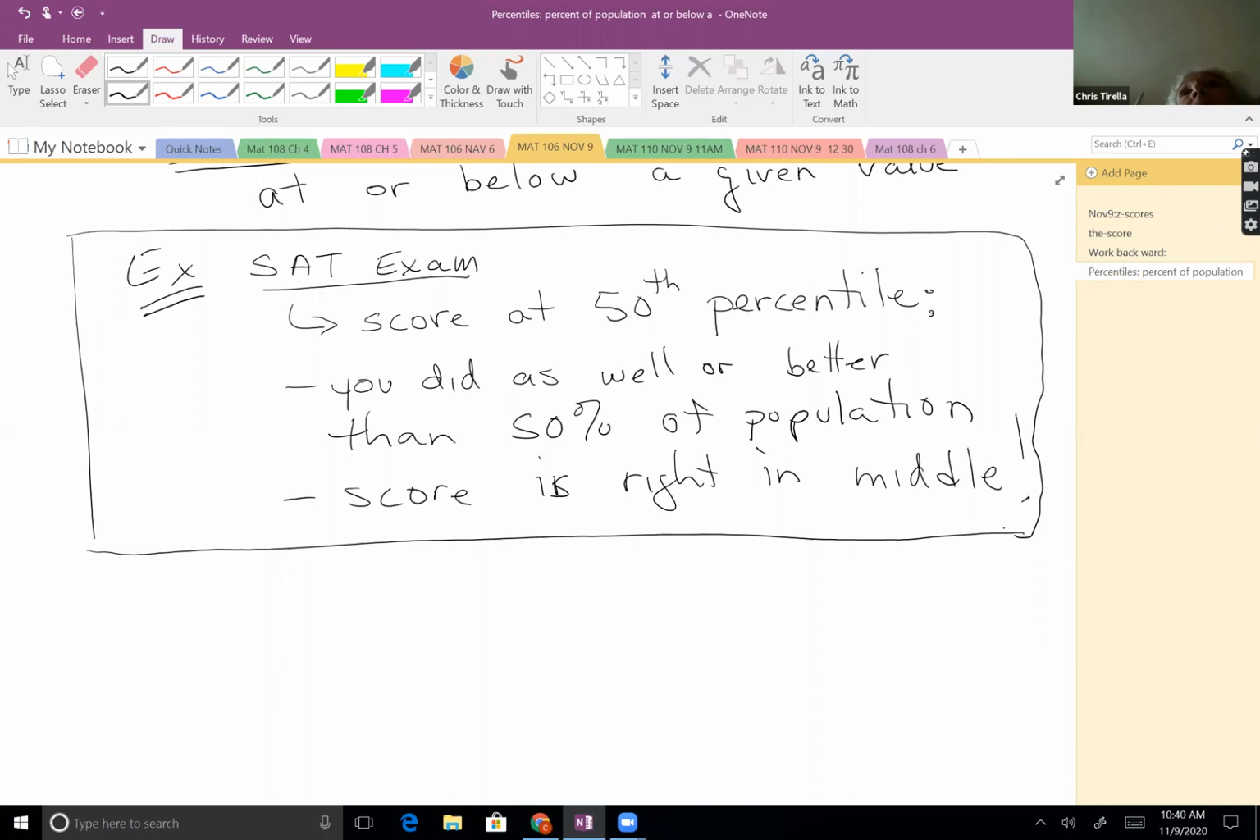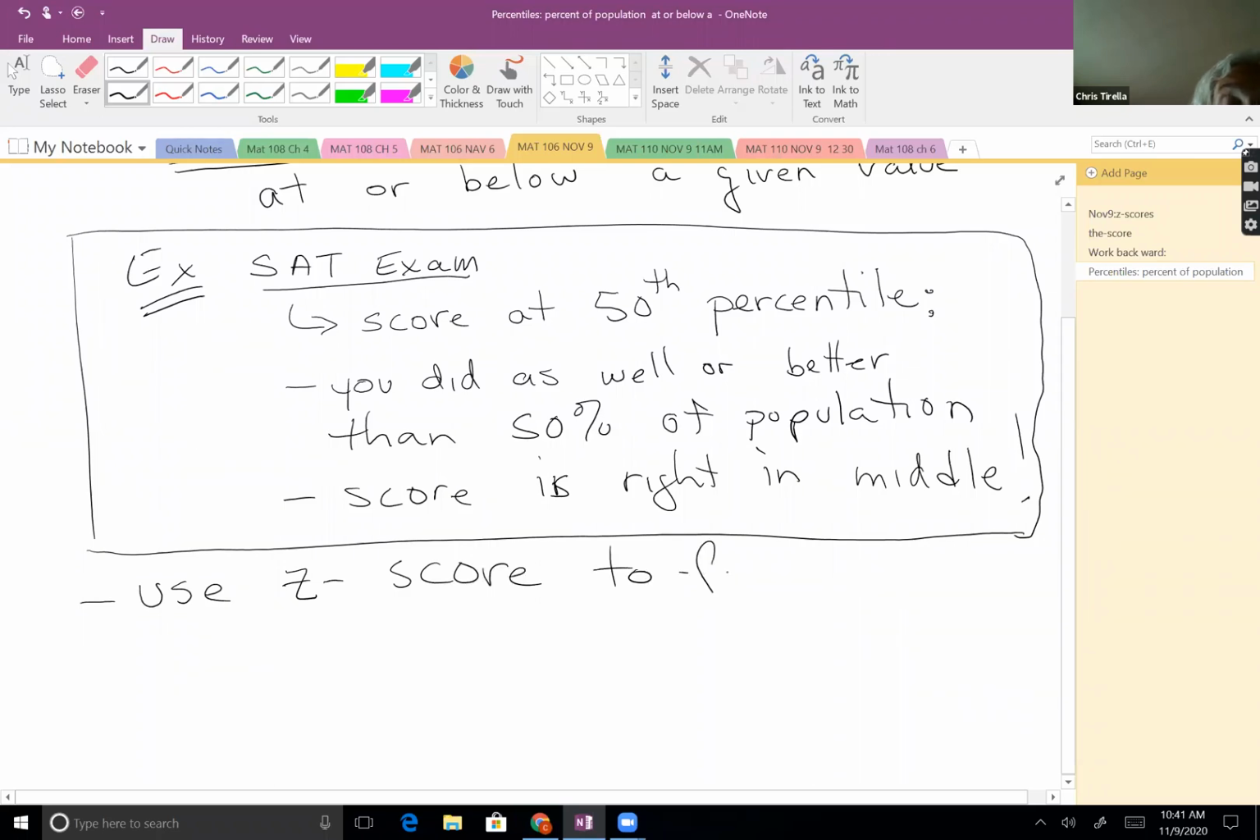How do you think they figure out that you were at the 50th percentile? You think that there's somebody in an office somewhere that takes all of the graded papers and stacks them up from the lowest score to the highest score and counts how many people were better than you and how many people were below you? Do you think they do that for everybody? No. What happens is you can use the z-score